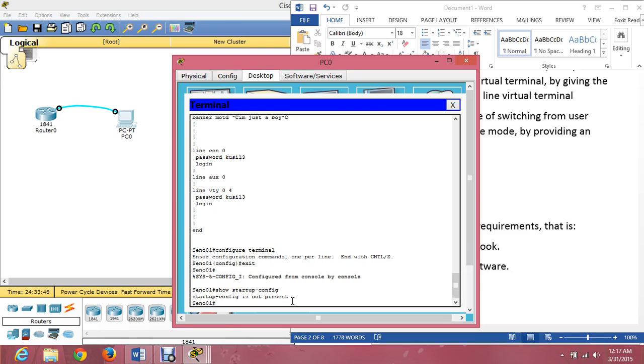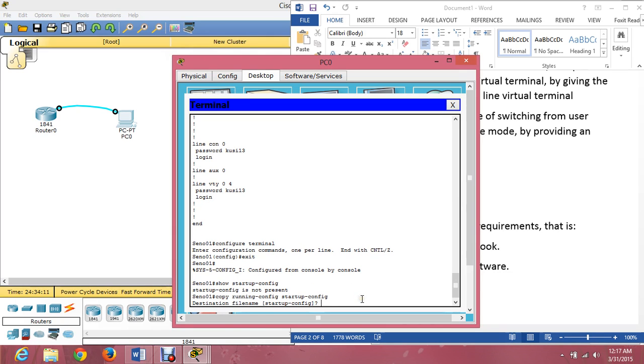To create it, just type copy running-config space startup-config. Enter.